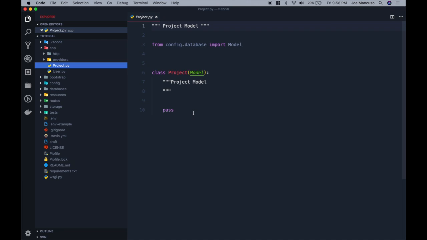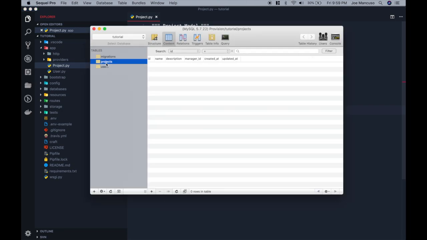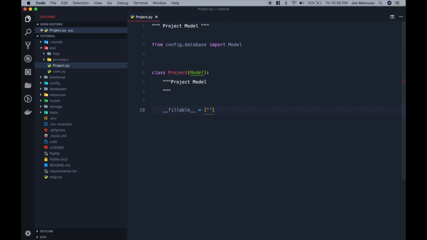Now to tell Orator which columns are fillable, we need a fillable attribute. This fillable attribute will take a list, and this list will contain all of the columns that we want to be mass assignable. So these are really just the ones that we want to be setting in our controller. So if you remember in our projects table, we had a name, description, and a manager ID. So these three fields are the ones that we will be managing in our controller, so therefore they need to be fillable. The created at and updated at do not, since Orator handles that internally. For the most part, we really don't have to worry about these two columns here. So let's go ahead and do that. So we had name,